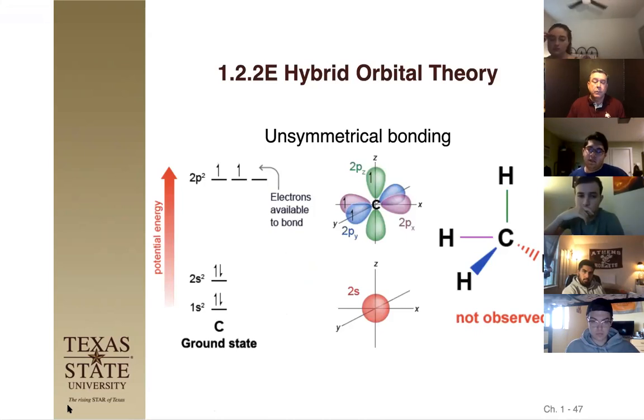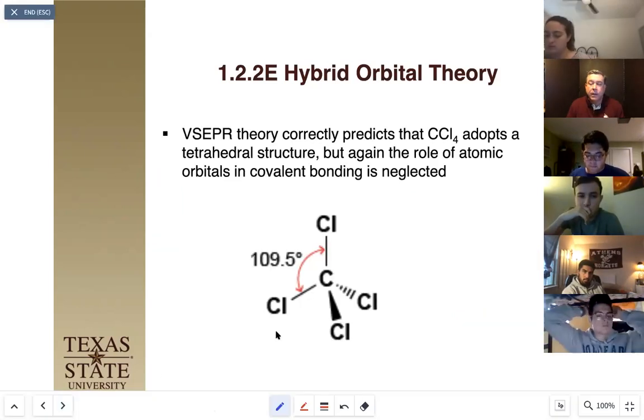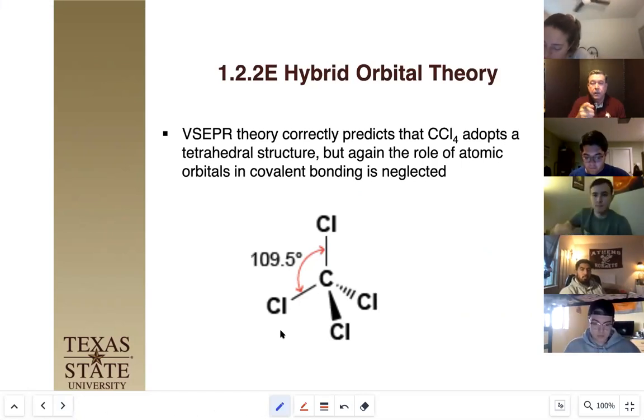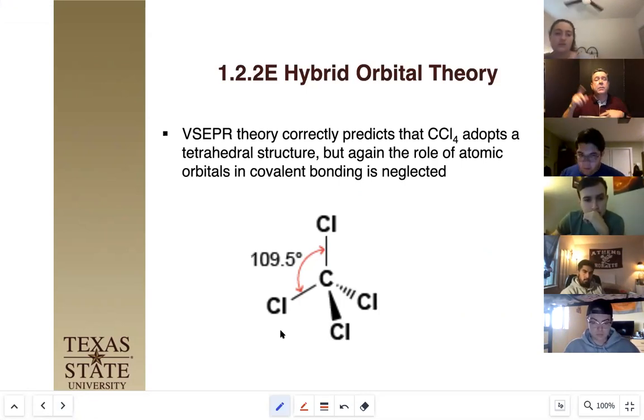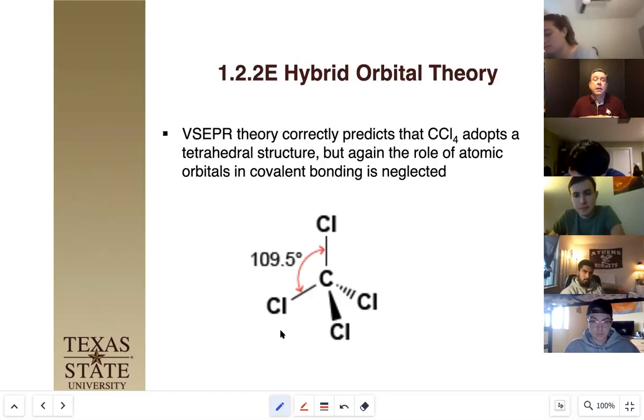Okay, so let's go back and look at this and say, okay, so if this is our 109 degrees, they're all spread apart equally, which orbital is the S and which orbital is the P? Because the P's are on the X, Y, and Z axis, and the S is spherical. So that doesn't make sense that we would have this tetrahedral structure and have 2 different kinds of orbitals creating